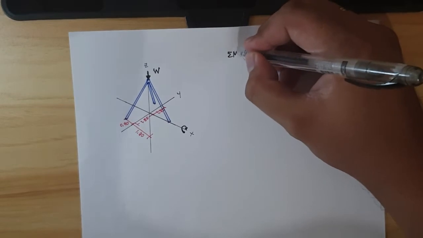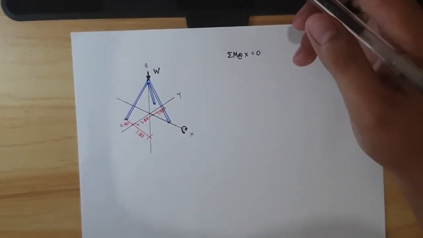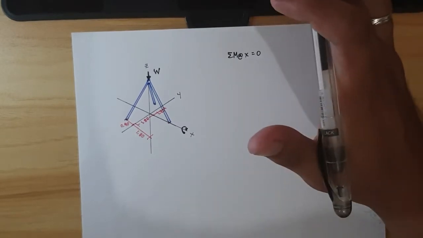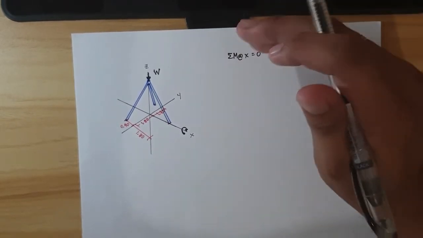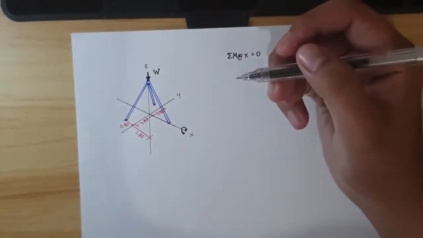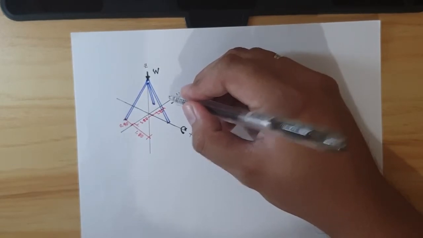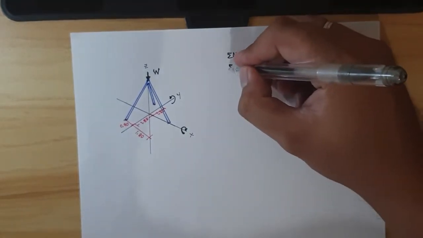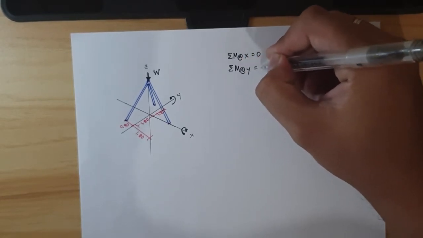Summation moment at x must be equal to 0. Another consideration or another equation nga ma-form na to is if we have summation of moment at y, kung tanan mag-rotate diha equal to 0. So meaning